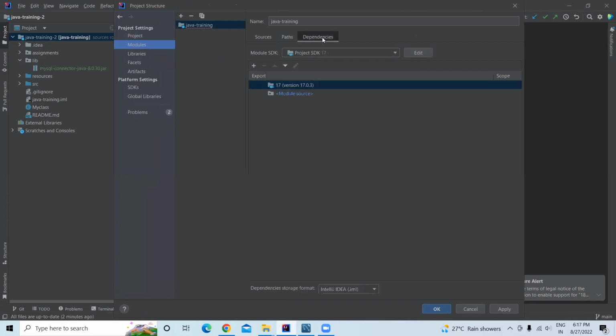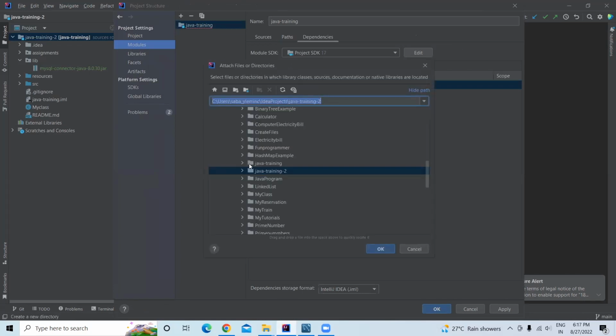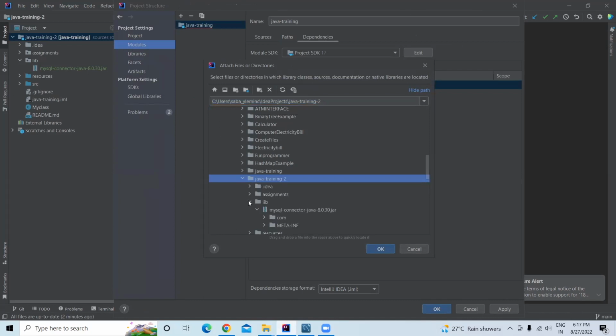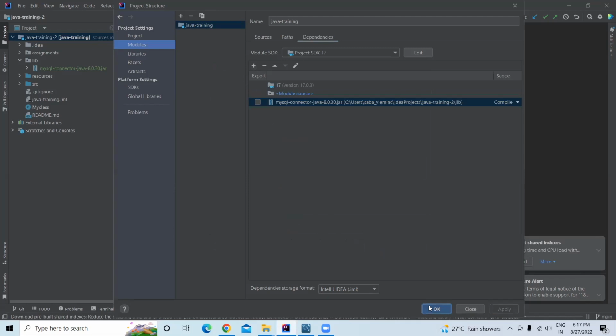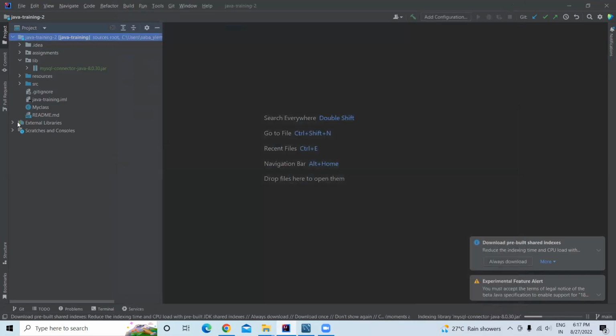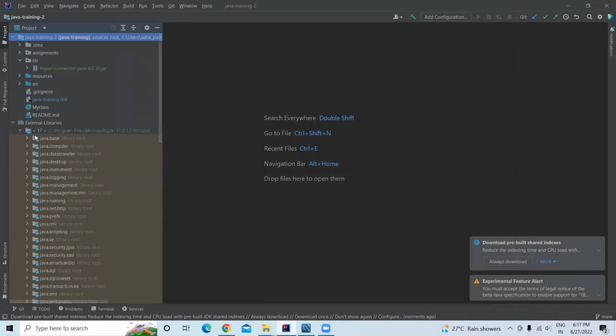We'll go to dependencies, and then we'll add that as a jar file. This is my library. I will add that as a dependency. Apply. Okay. So here, if you notice, the external libraries now is pointing to not only your Java,